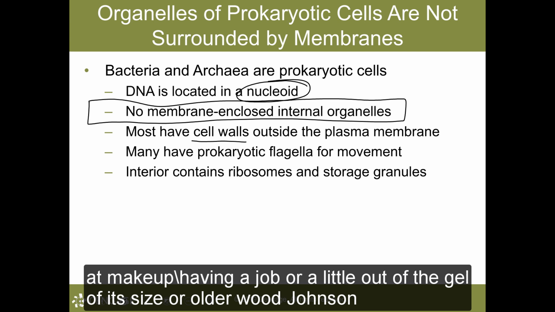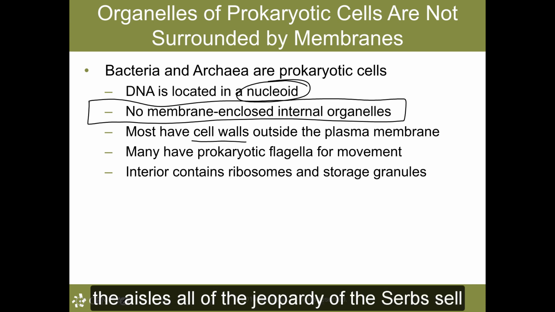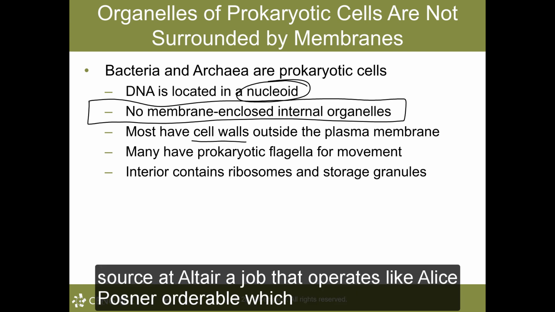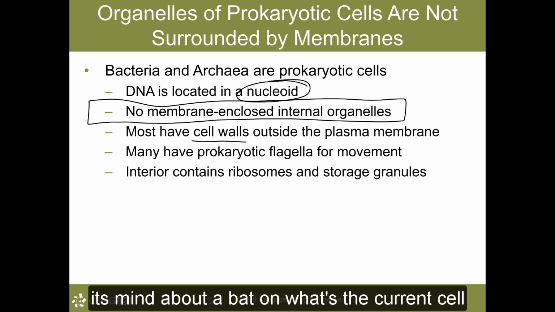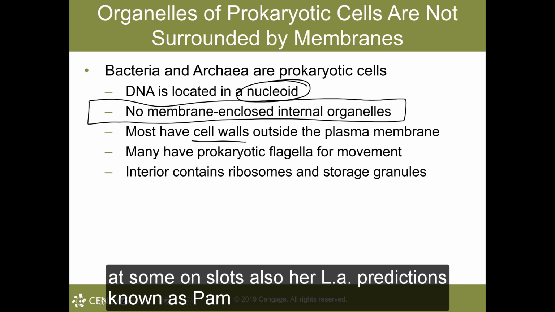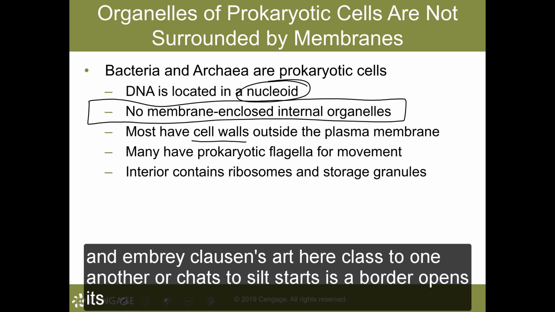And many prokaryotes have a flagellum, or they have flagella. Flagella is plural, and flagellum is singular. Those are long fibers that project from the surface of the cell. It's the prokaryotic flagella that operate like propellers, and they're important in locomotion. Their structure is different from the flagella found in eukaryotic cells. It's very different. And some prokaryotes also have hair-like projections known as fimbriae. Fimbriae are used to adhere to one another or attach to cell surfaces of other organisms.